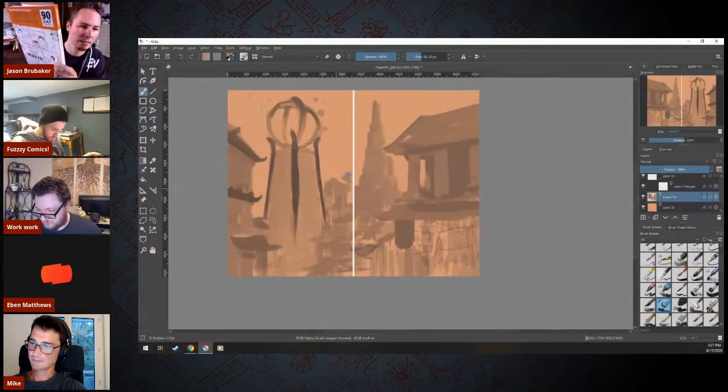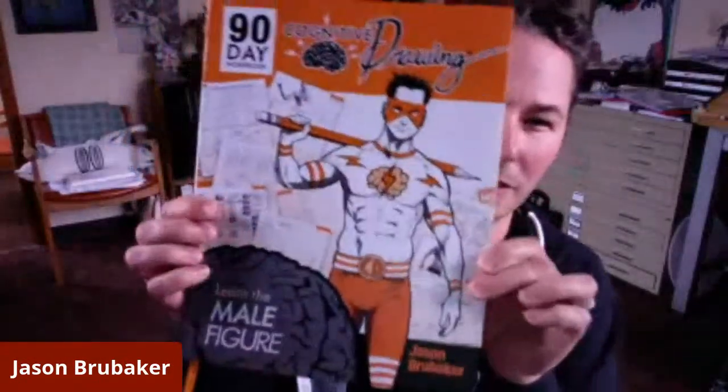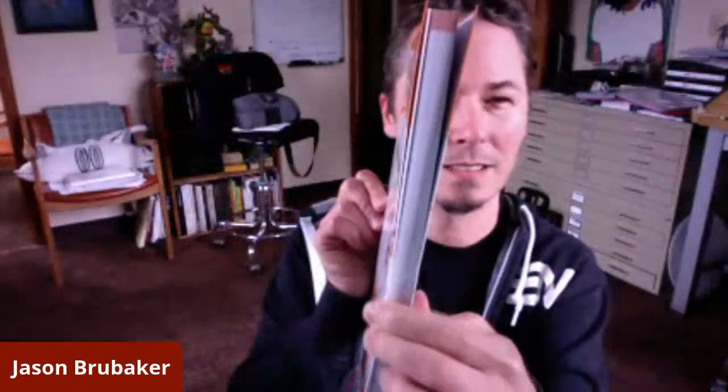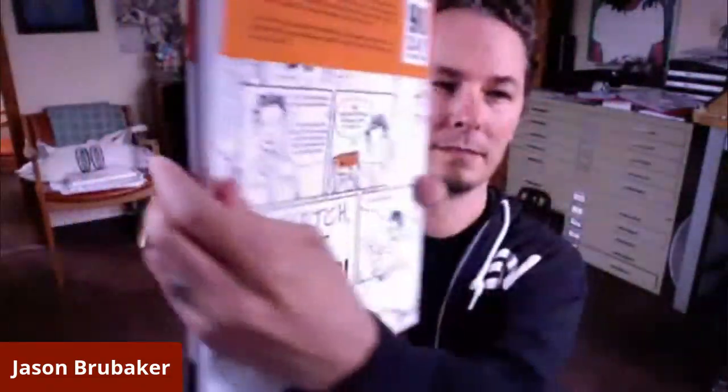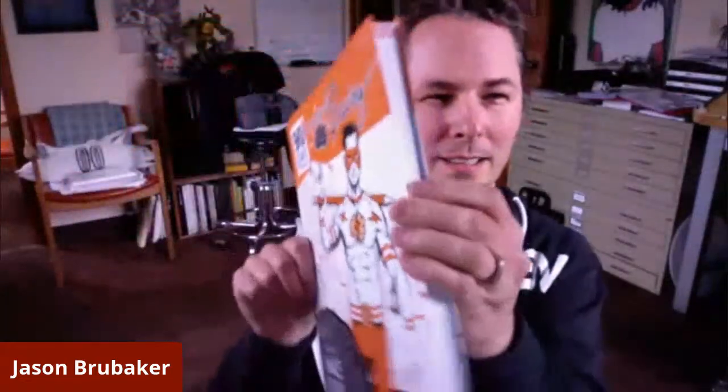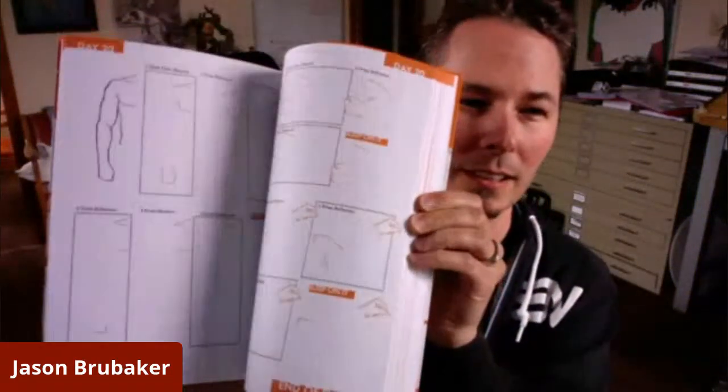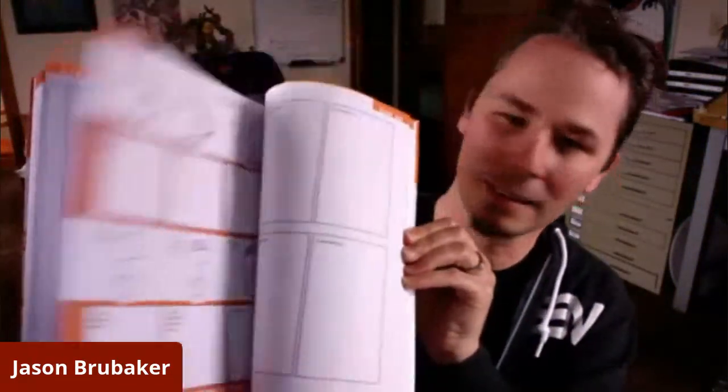Let's see. I'll do a solo layout. So this is a cognitive drawing book. It turned out so sweet. Whoa, that's huge. It's really big, and it's really nice. Nice paper. It's thick and kind of rough, so that you have a nice texture to it.